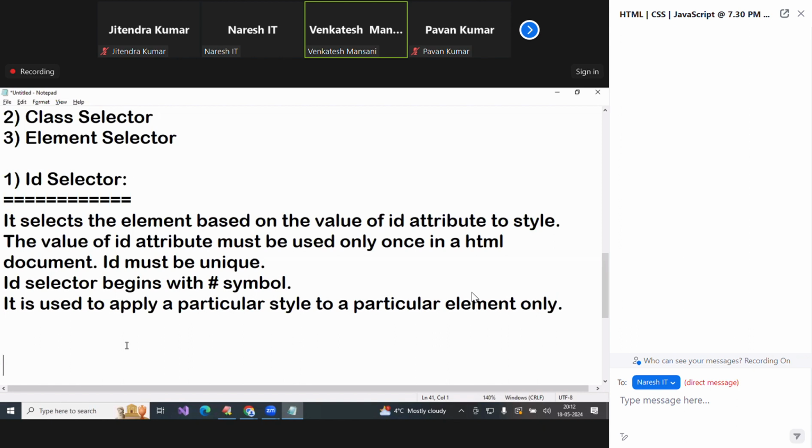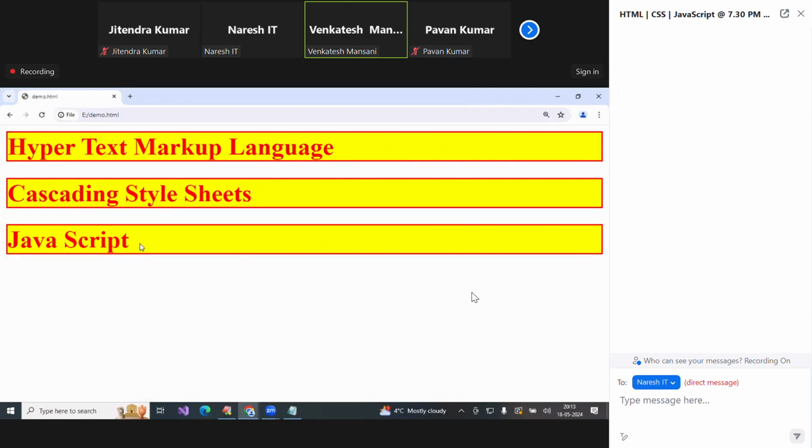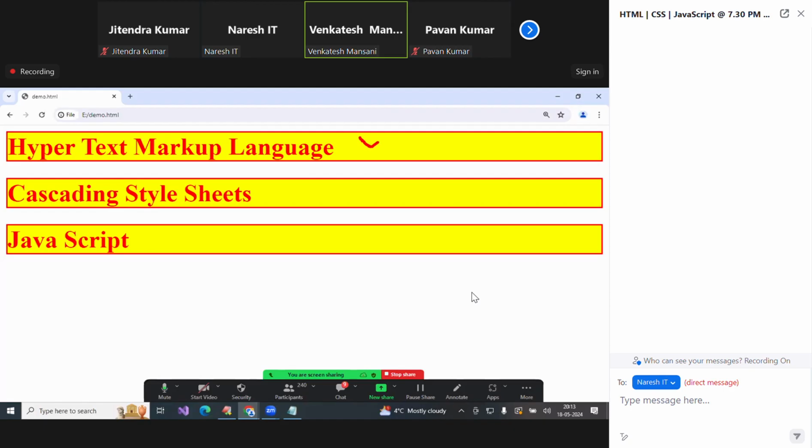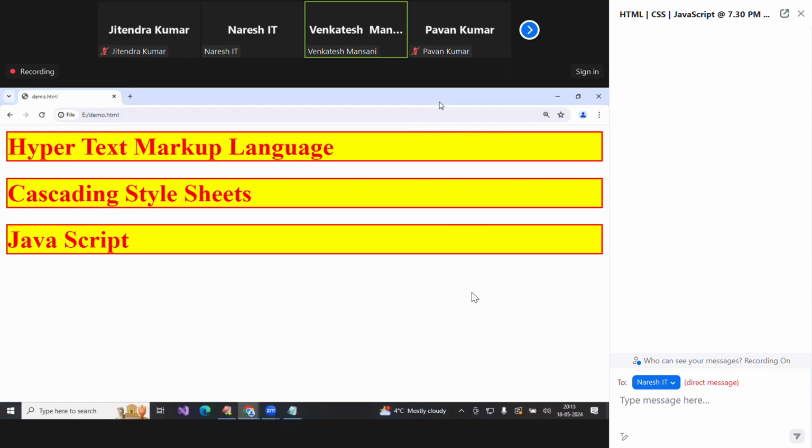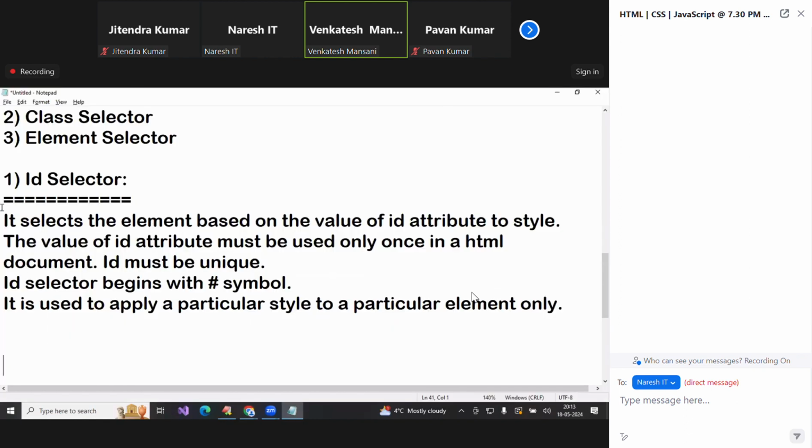Now I want to apply a particular style to a particular HTML element only, for this one. That is the reason I selected inline CSS. But with inline CSS, one property is suitable. If more than one property is there, it is difficult to manage the code. That is the reason I change it to internal. If I use internal, it is applied to all. That is the reason a selector is required. Here, which selector is required is